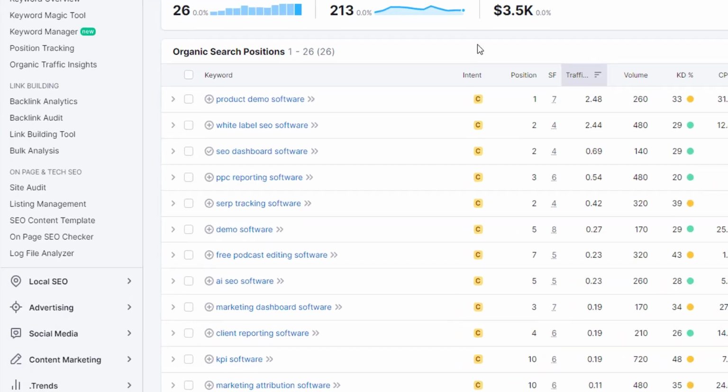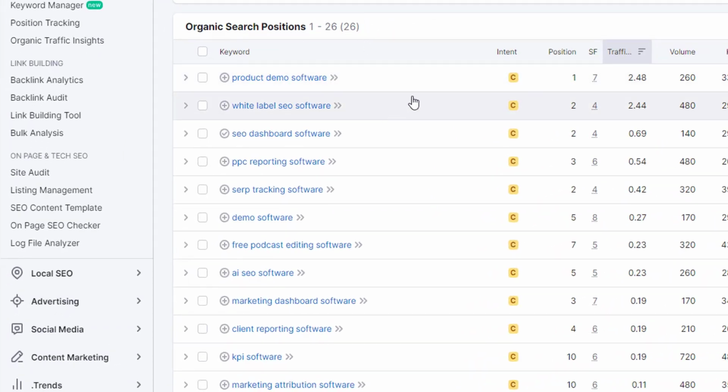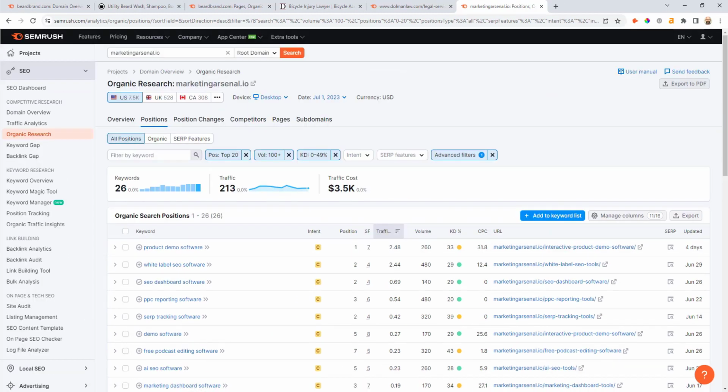And there's some great opportunities in here that I could potentially go after, like white label SEO software, SEO dashboard software, PPC reporting, SERP tracking, AI SEO software, a bunch of really good potential opportunities in here. So repeat this process for your top organic search competitors, and you're going to have a bunch of really good